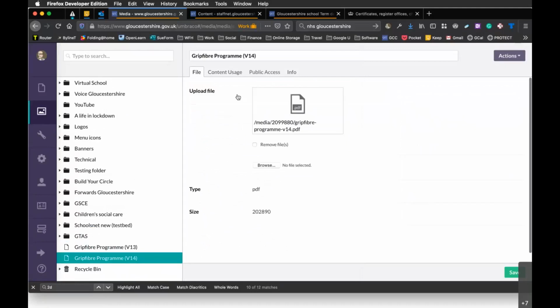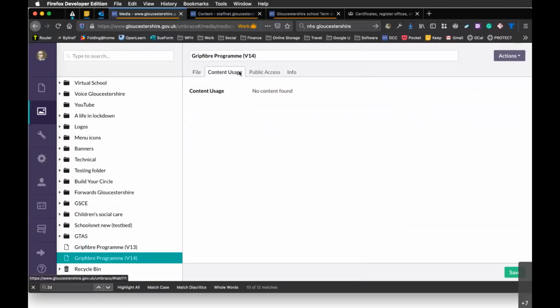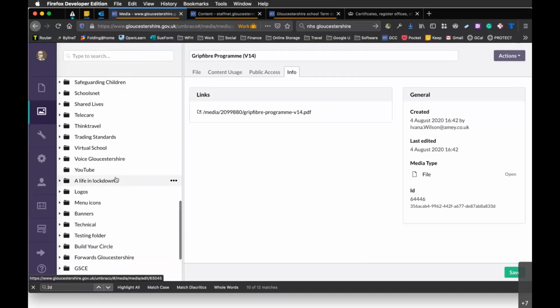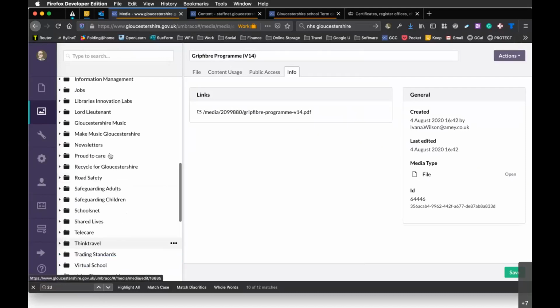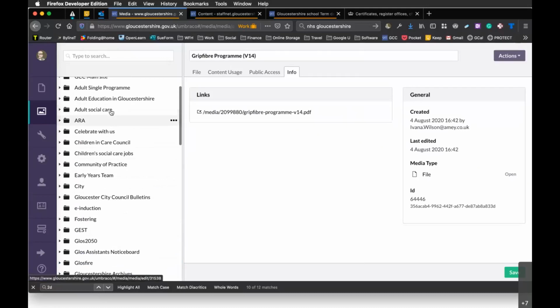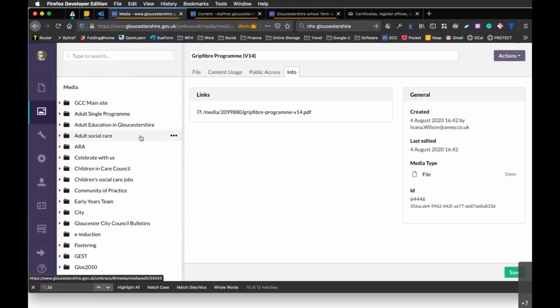So there's version 14, still not in use. Only updated yesterday, so I'll leave it around for a while, but please don't put stuff in the root directory. This is the equivalent of putting every file you create on your desktop. Okay. There are folders for every subsite. So if you're working in archives, there should be